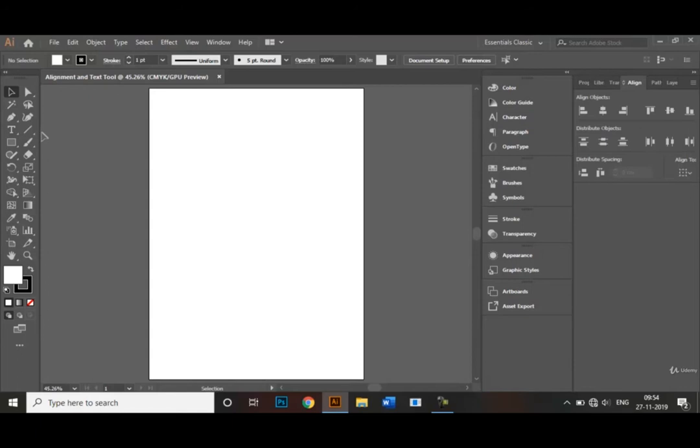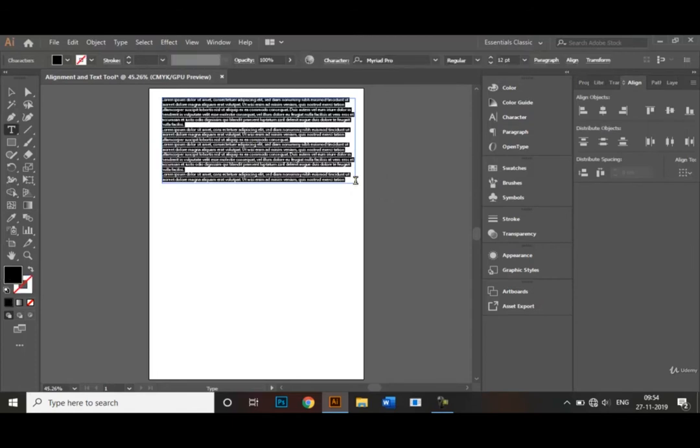So let's start with the text tool. The text tool is right here, which has the letter T, and the shortcut key for this tool is the letter T. So I'll click on the type tool and my cursor changes like this. So what we have to do right now is to make a text box by clicking and dragging the text box like that. If we let go, all these texts appear inside our box. We do not require these texts at all, right? And we'll delete these.